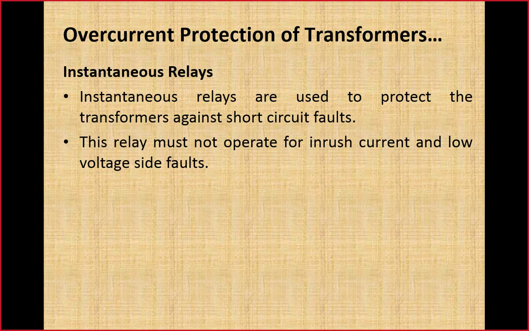Okay. Now if the size of the transformer becomes further bigger as compared to the distribution transformer, maybe a 10 MVA transformer, 30 MVA, 40, 50 MVA, these are the large size transformers which are normally used to step down the secondary transmission voltage to the distribution voltage. So these transformers are installed in distribution substations. In those transformers, instead of using fuses or instantaneous overcurrent relays, we use an even more sensitive as well as secure protection known as differential relay.